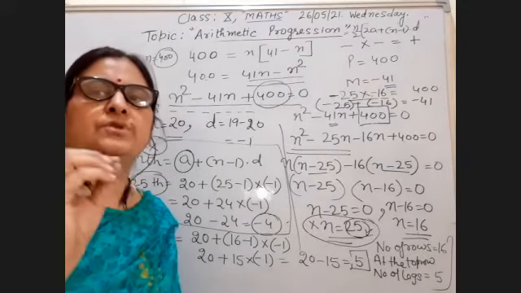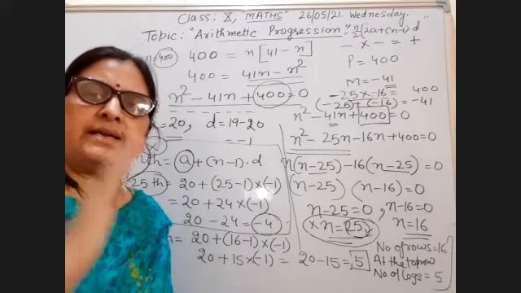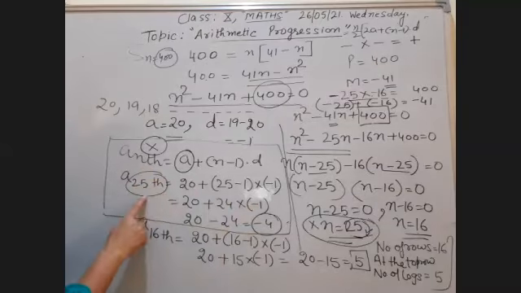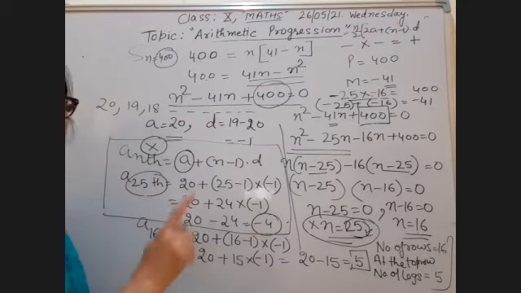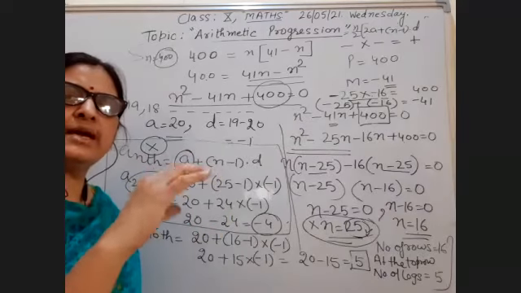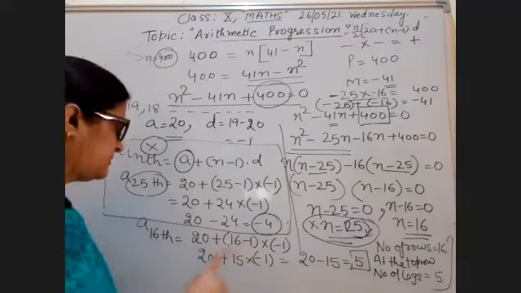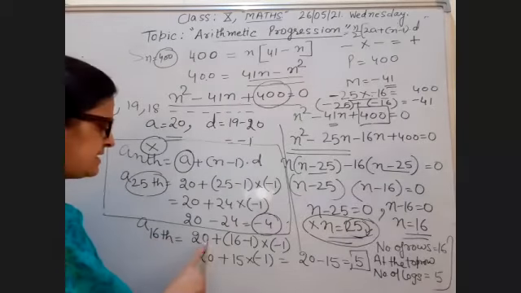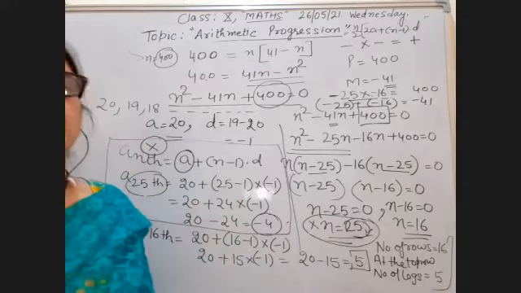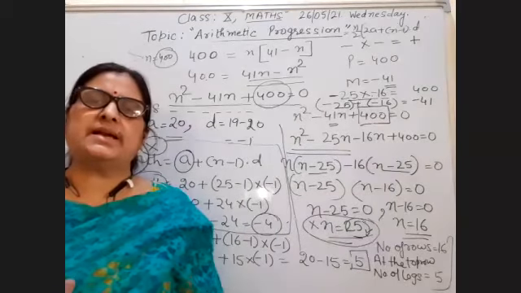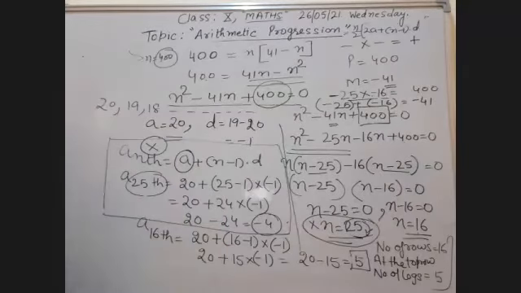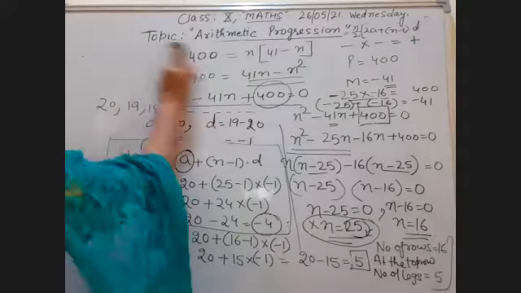So I have to now find which number of rows is correct here, 25 or 16. So I put both the numbers in the AP nth term formula. So at the top row, -4 is not possible, because the number of logs at the top cannot be negative. So I put here 16th term, a16 equal to 20 plus 16 minus 1 into -1. That is equal to 5. So the number of rows is 16 and the number of logs at the top row is 5. I hope this question is now clear to you.